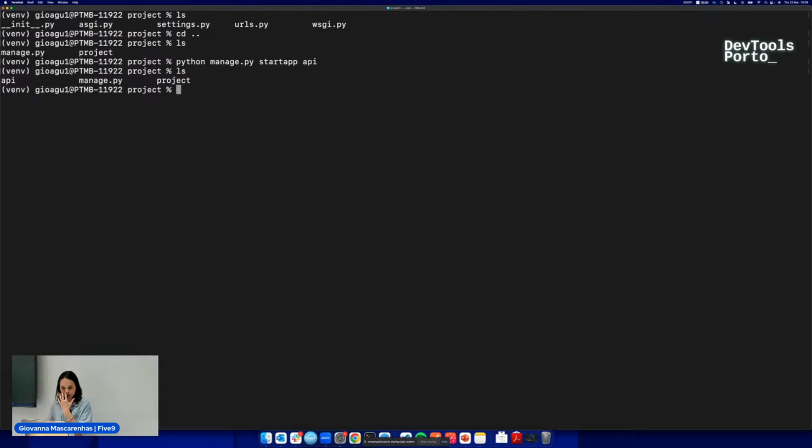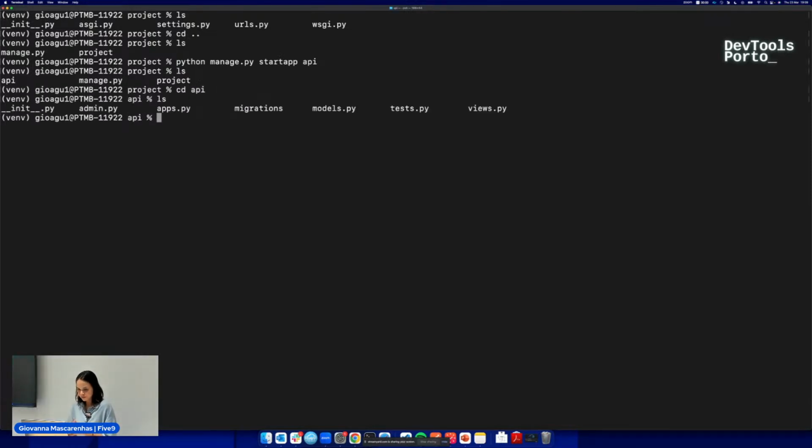Now Django creates for us the api folder. So let's see what we have. We have this admin.py that I told you about, that we have an admin interface for the client, for example, to have control of the project. So admin.py is already there. You don't need to worry.